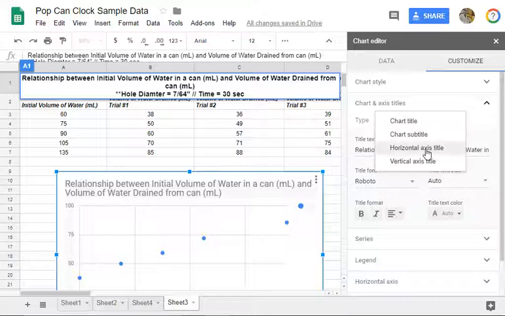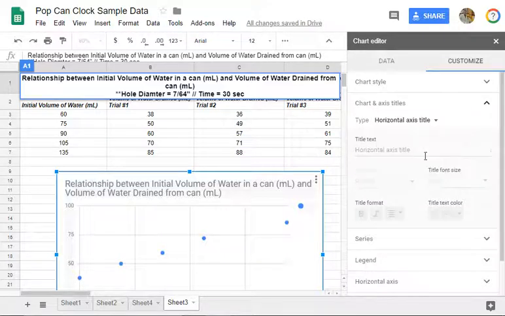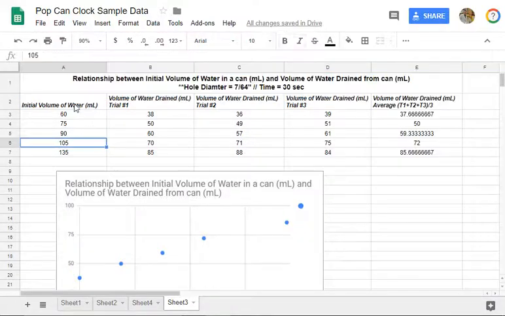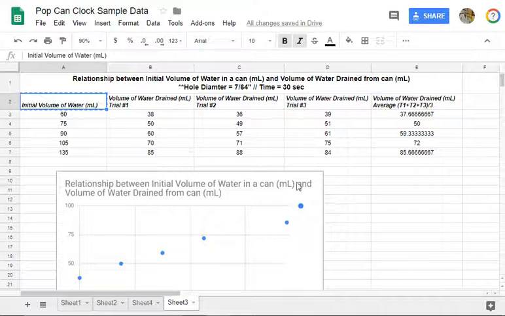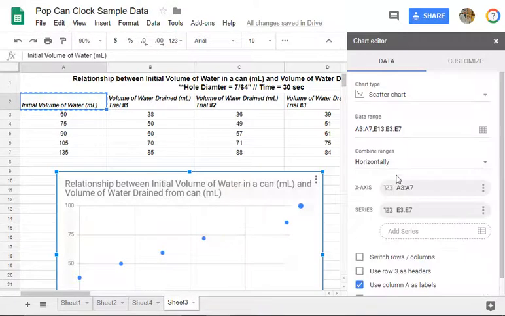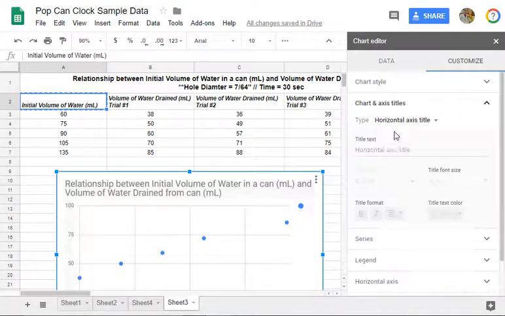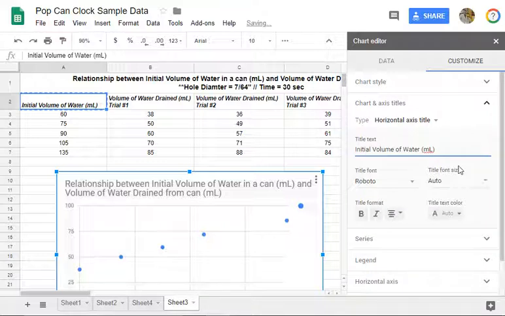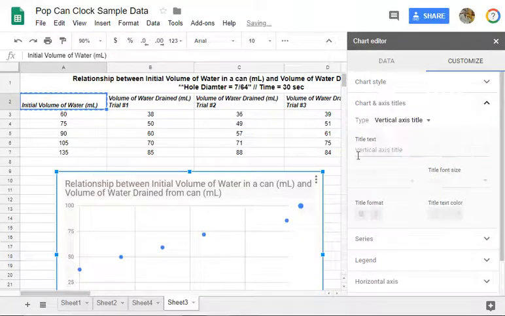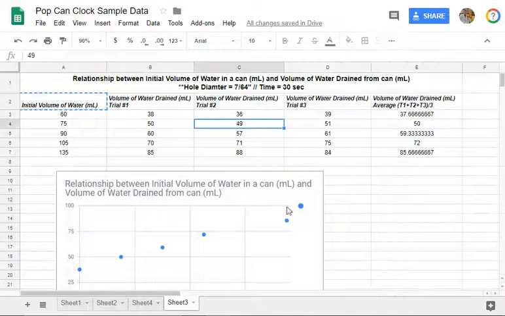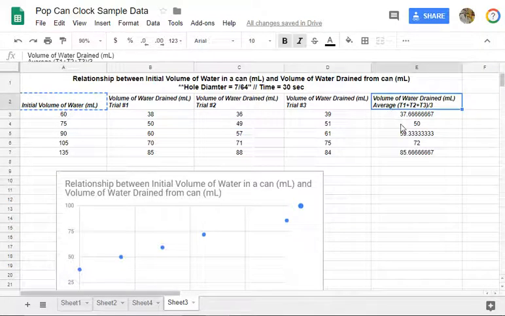You can do the same thing. The horizontal axis is going to be our independent variable. So we're going to put on a horizontal axis that I can type in, initial volume of water, or I can come back over here, Control C, Control V. And then lastly, I need something on the vertical axis. One more time, Control. I don't actually want all this, I just want the title, so Control C,